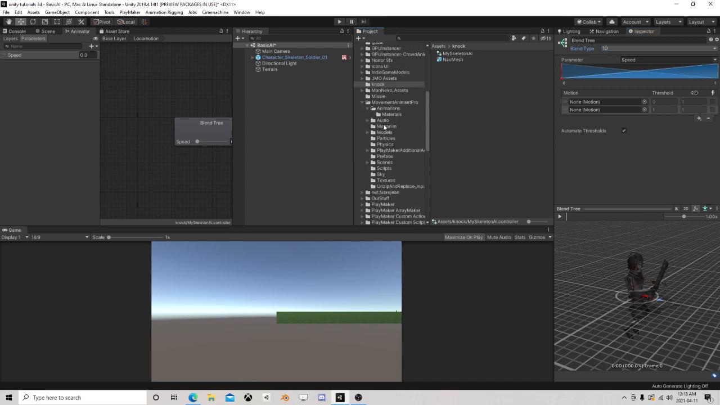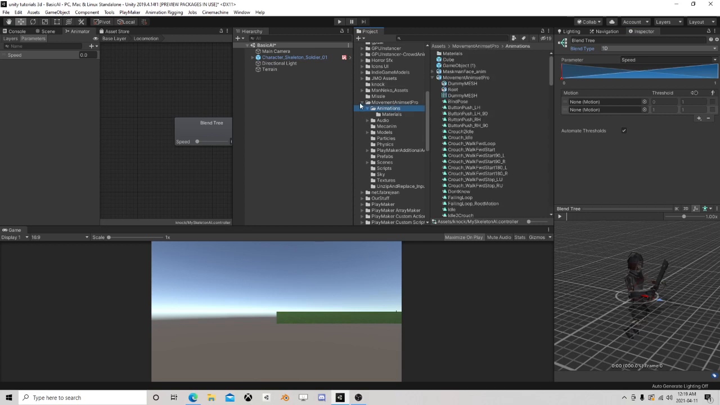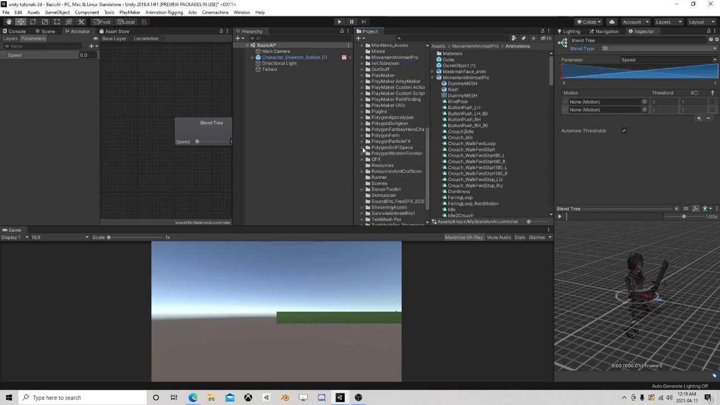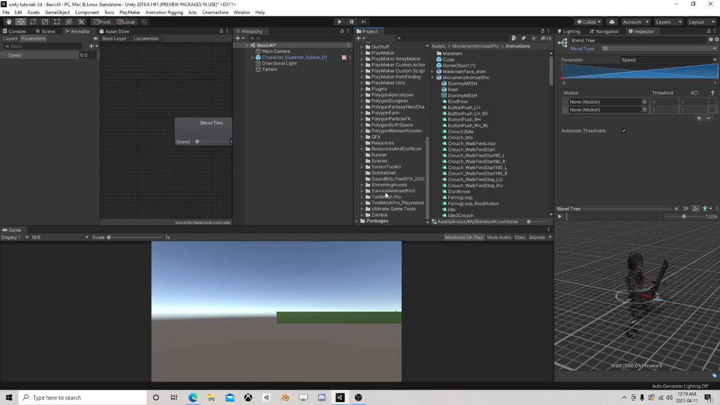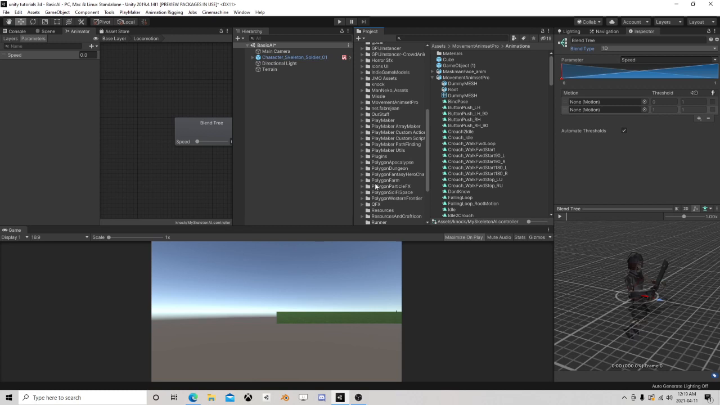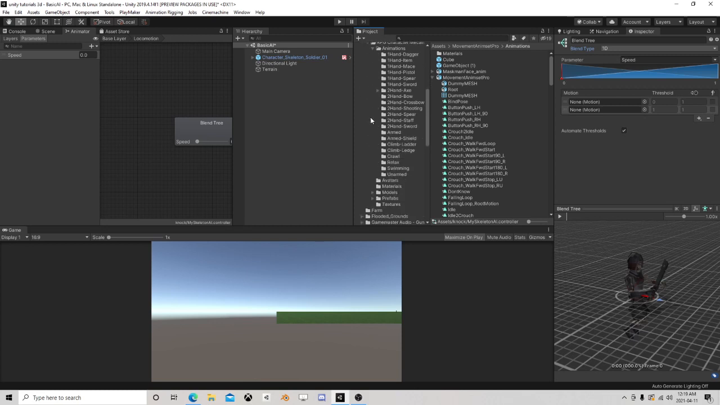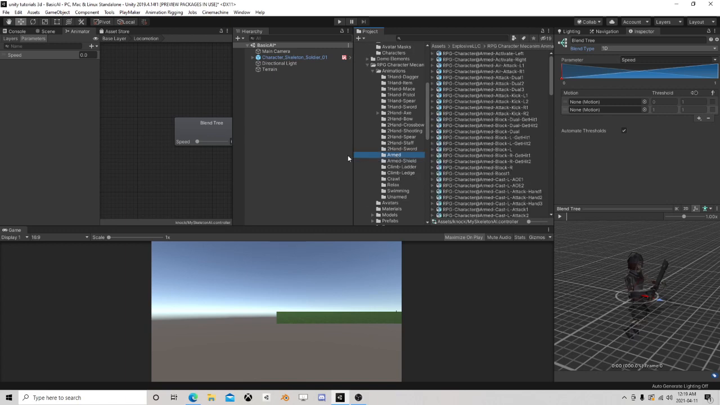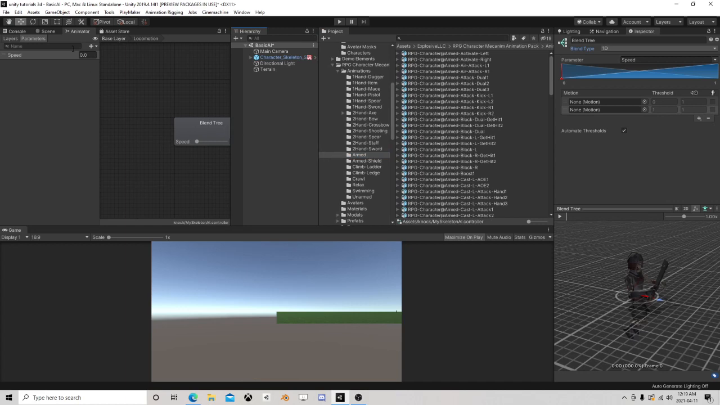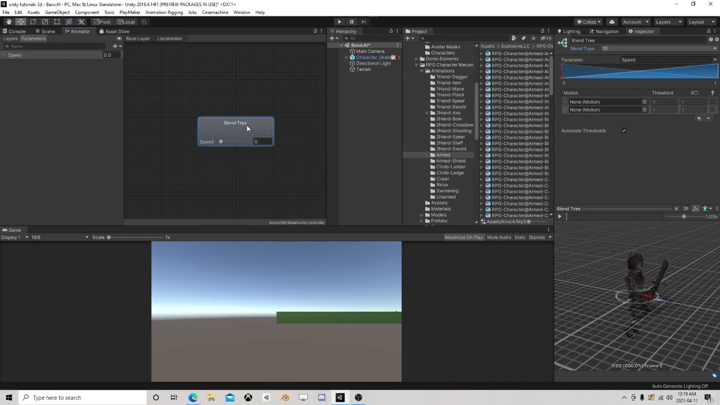So let's see what we have for animations. I don't have a whole lot for actual weapon animations, do I? Oh, maybe I do. Okay, I do. So let's go into the armed. Well, actually, you know what? Let's go and